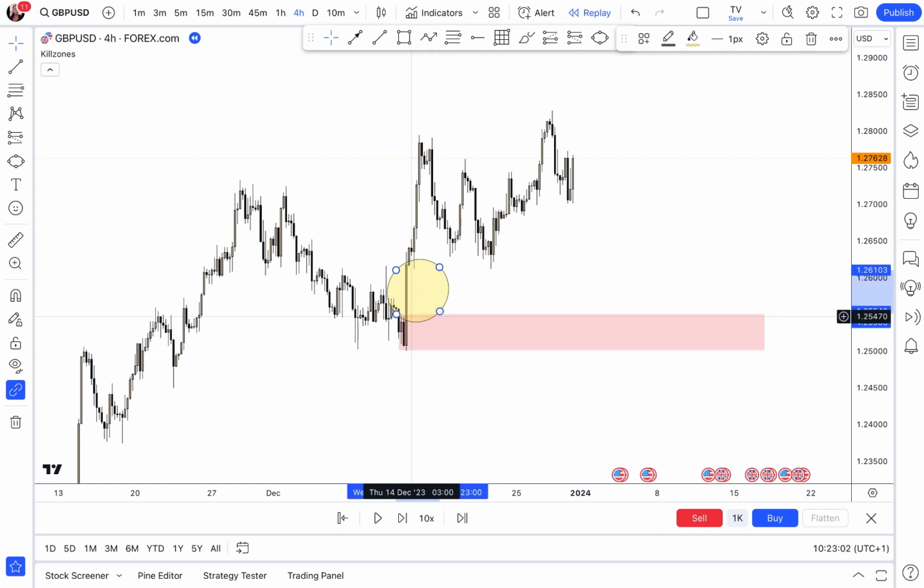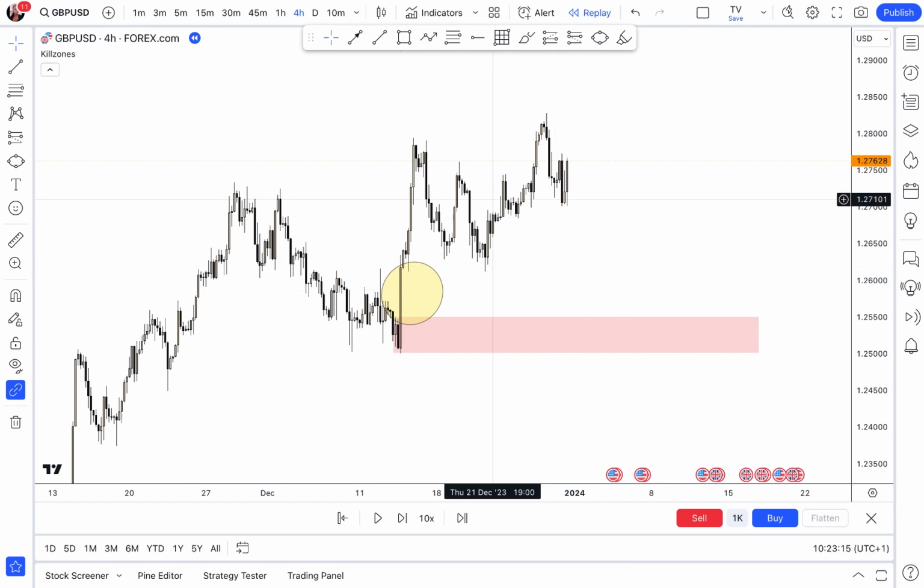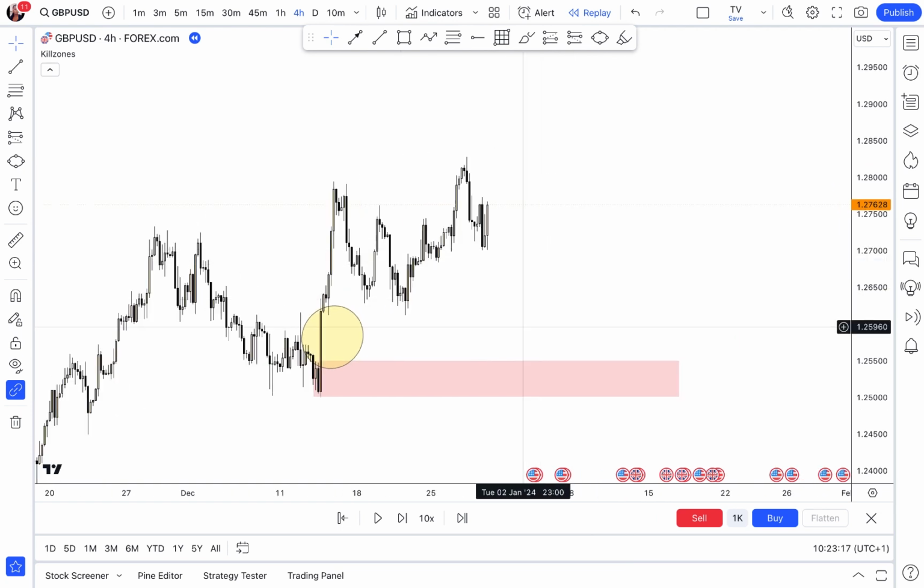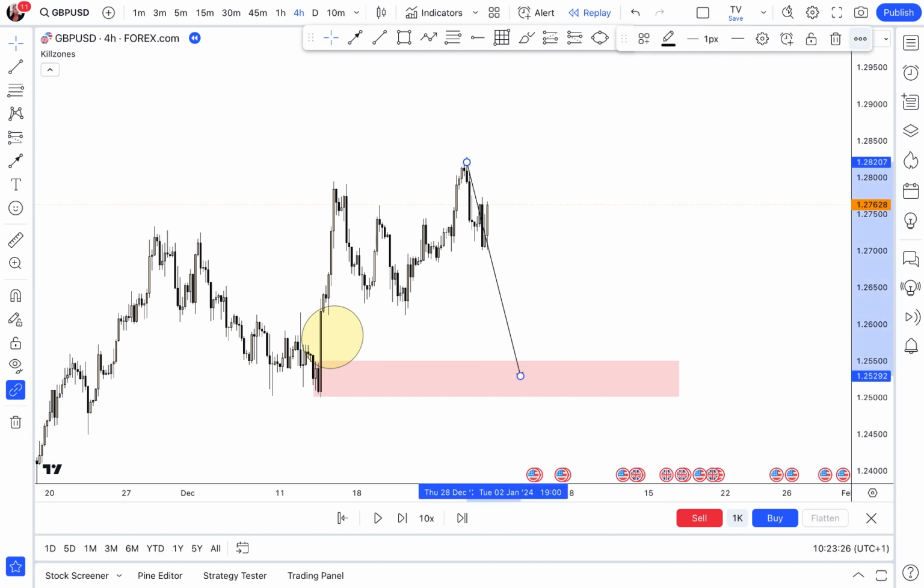We target zones that are unmitigated to either take our profits at those zones or initiate buy and sell trades from those zones. Okay, so that being said, so now what we are looking for is sell trades in the market so that we could capitalize on the movement of the market down into this region. Okay, so as we all know,